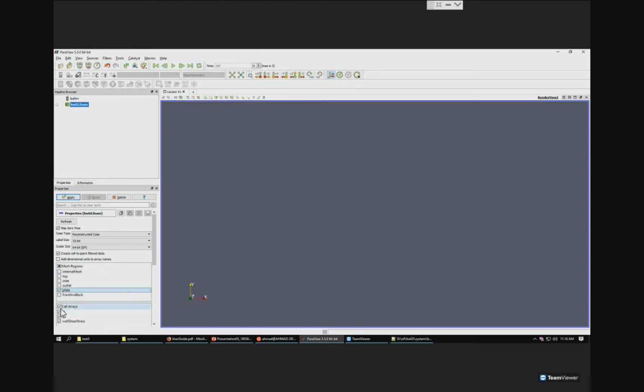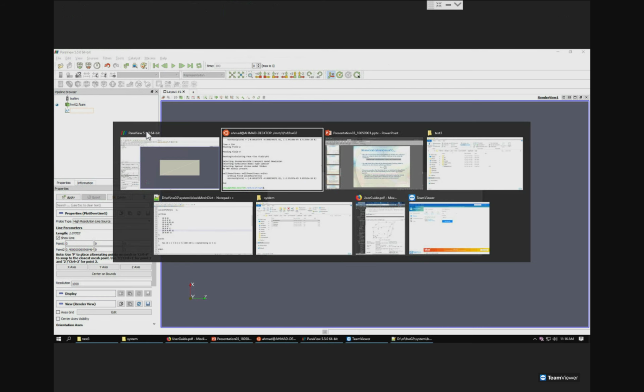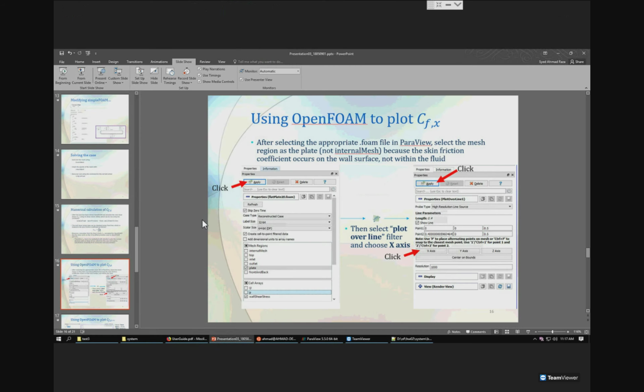I have to choose plate from here and then select wall shear stress only from here. And on this block, now I have to create a plot over line. Now all of this has been described in my presentation, so you don't need to worry about it,